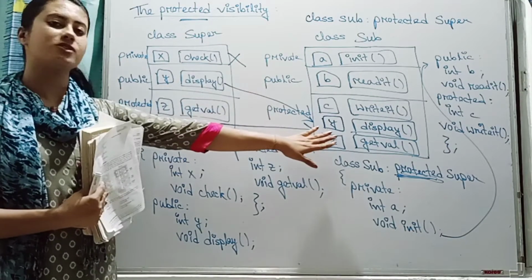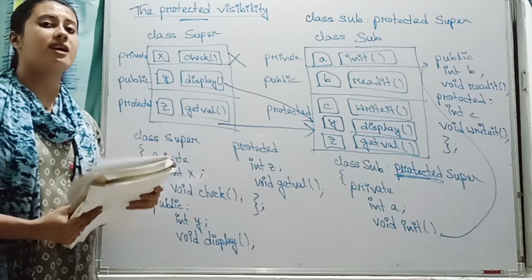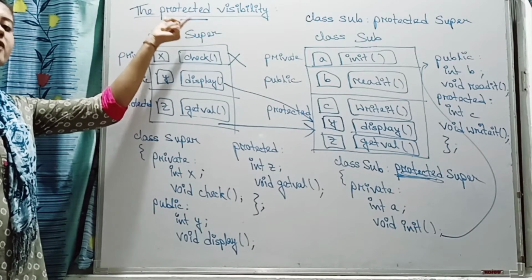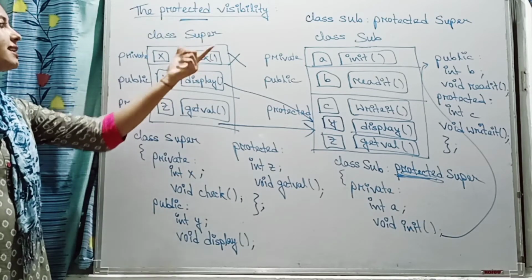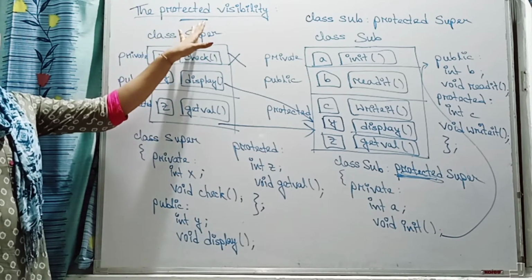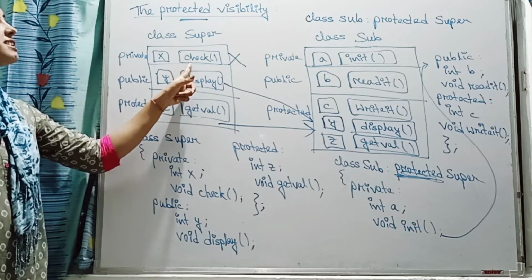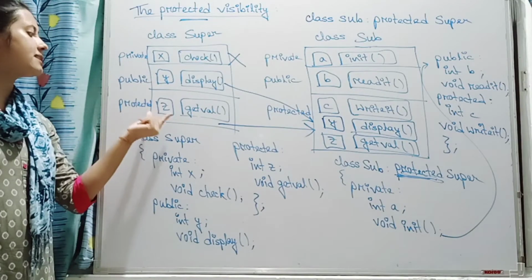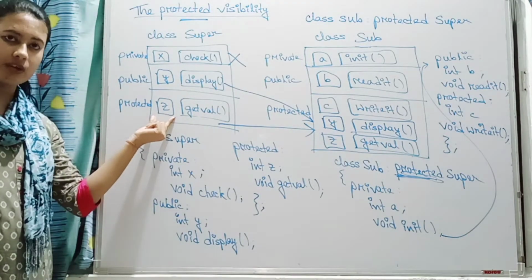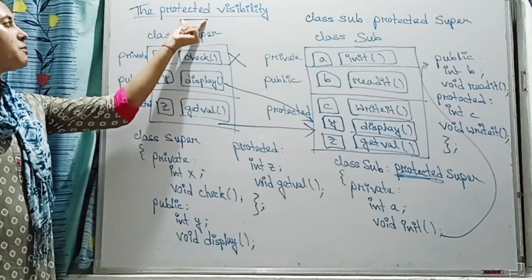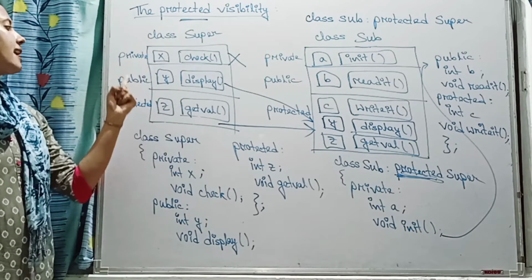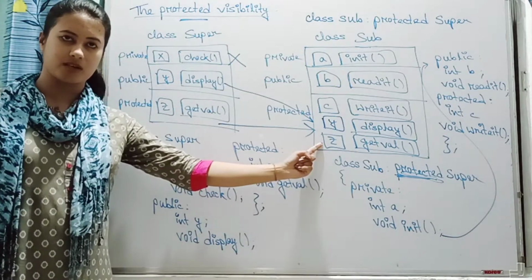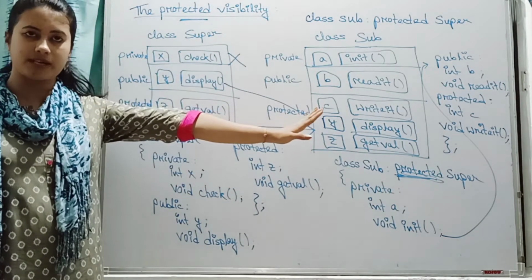Private data is not inherited. That you always remember. The visibility mode can be anything. Either it can be private, it can be public, or it can be protected. It can be anything. But if any visibility mode is there, always remember private data of the base class cannot be inherited. Only the public and the protected data is inherited. Okay. So if my visibility mode is public, then public data goes to public section, protected data goes to protected section, for the base and the derived class.